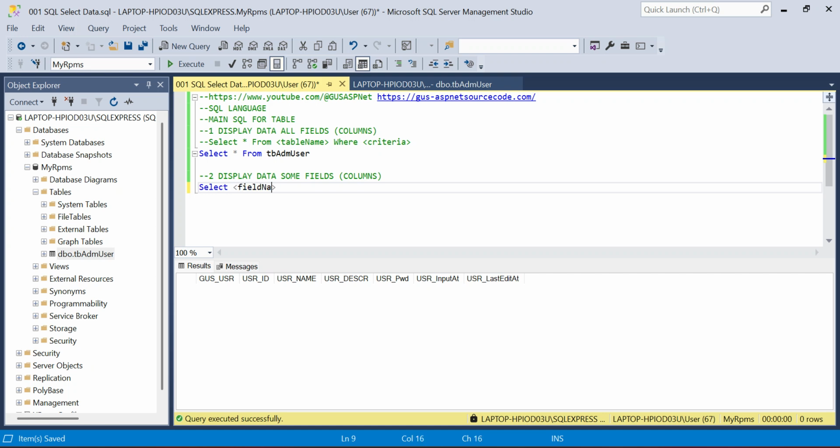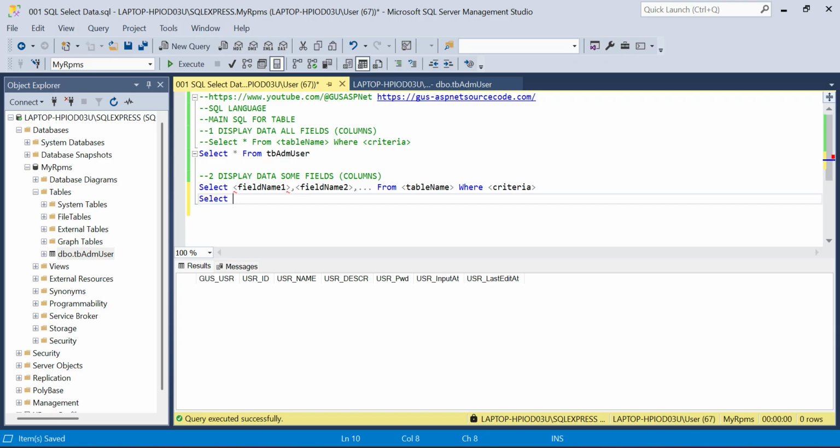Now field name 1, field name 2, and so on from table name, and then where. We will discuss the criteria later. Okay, let me show you how to display the data.